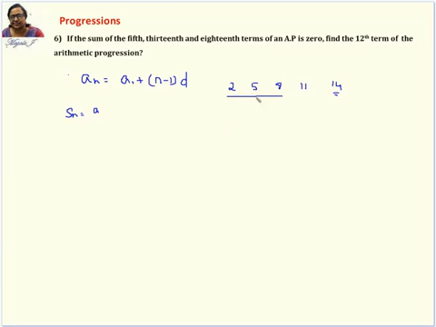Of course, this is very simple. You're adding it. The simple way of doing it is the average into the quantity will give you the sum. This is a formula which you know. The sum is nothing but average into quantity, or the average is nothing but the total divided by the number of quantity. In this case, because it is an arithmetic progression, the middle value will always be an average. So what is the average of these 3?